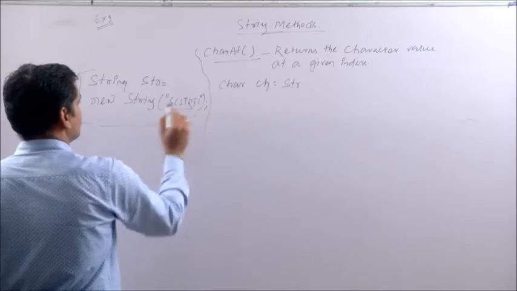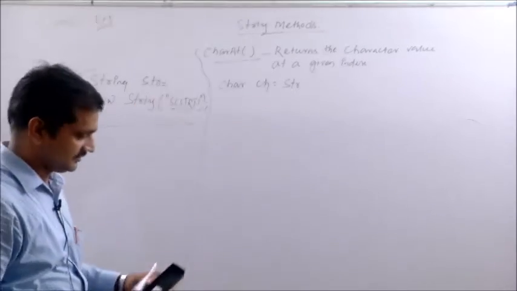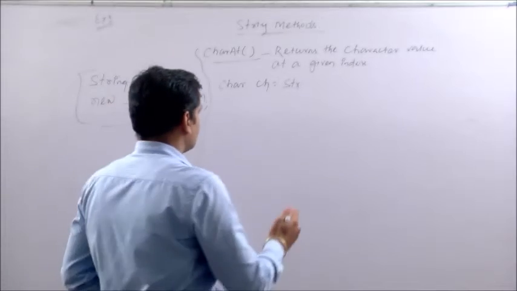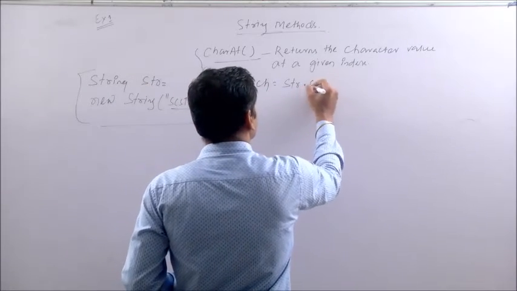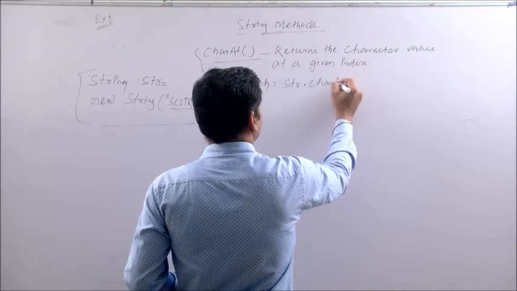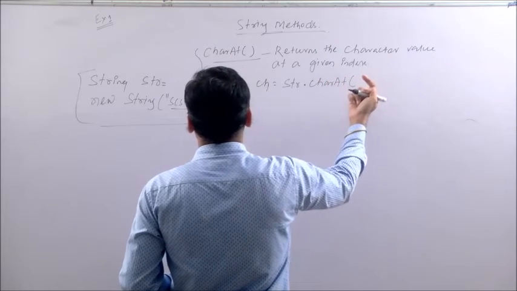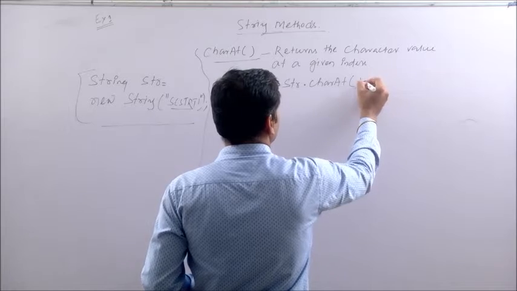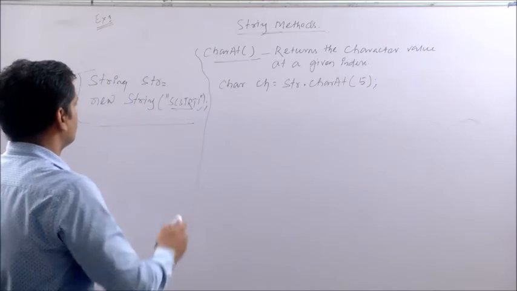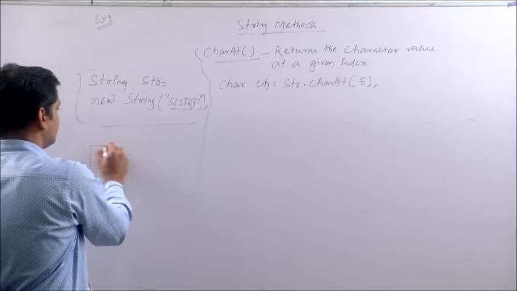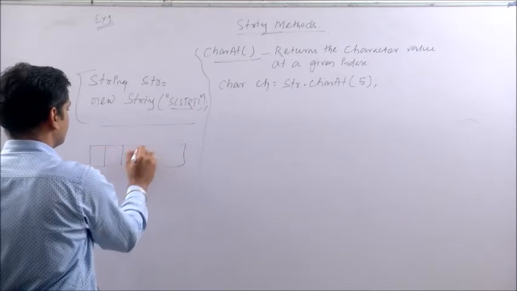This is our string, and we will use this string here to understand the examples. Now if I use this string object str for the method charAt, and suppose I want the character present at index 5. So, character present at index 5. If this is the string, it is represented in this way: